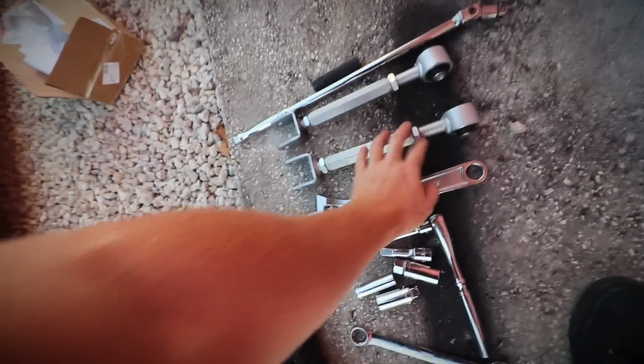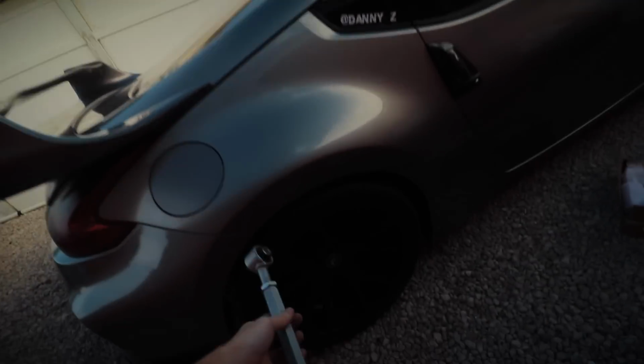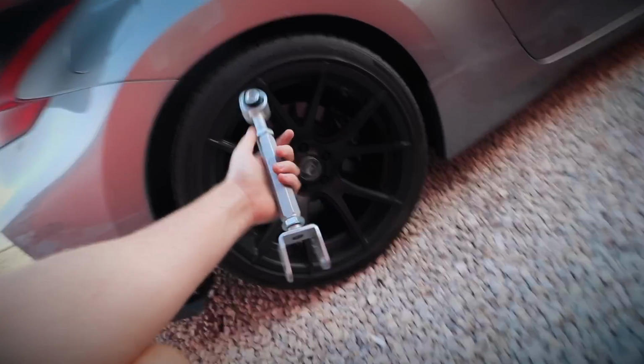It's got adjustment on the top, the bottom, and that's pretty much all you need. But yeah, let's get started. We gotta take this wheel off and then we're gonna go to the other side. And if you want to research it, these are actually called tow arms. I don't think I said that, but